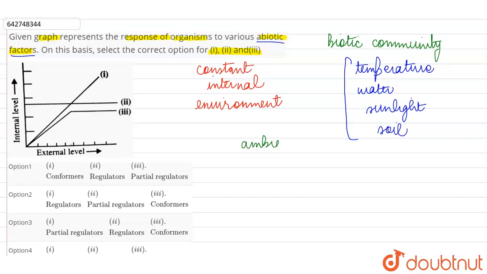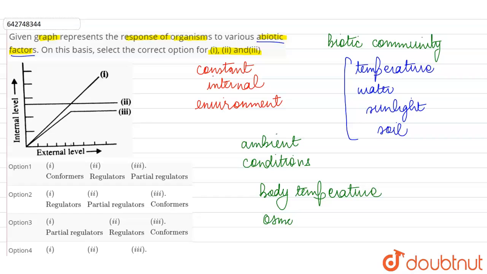Their internal environment is going to change along with the ambient conditions. So if the temperature is going to rise in the environment, then their body temperature also becomes high. If the osmotic concentration is going to change in their environment, then the osmotic concentration of their body will also